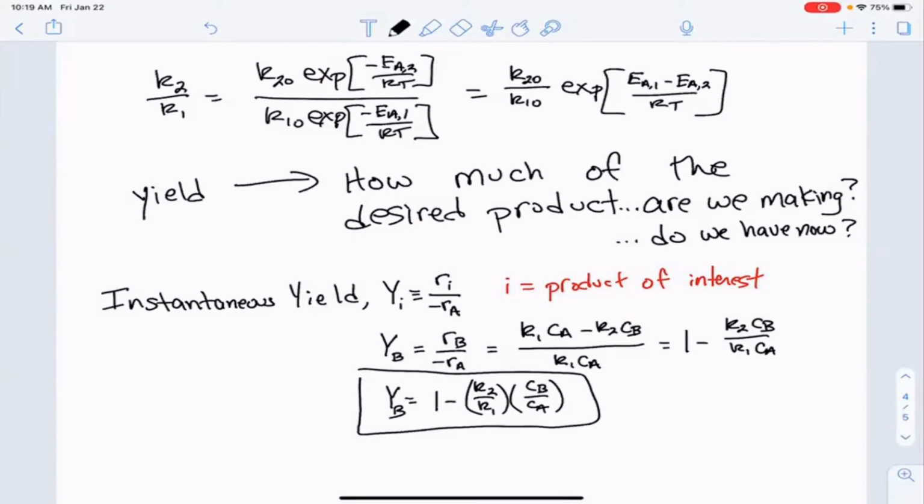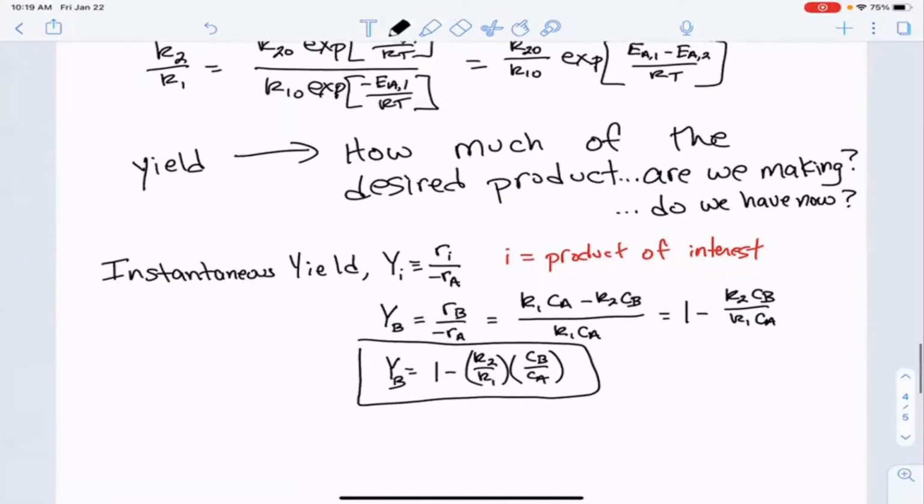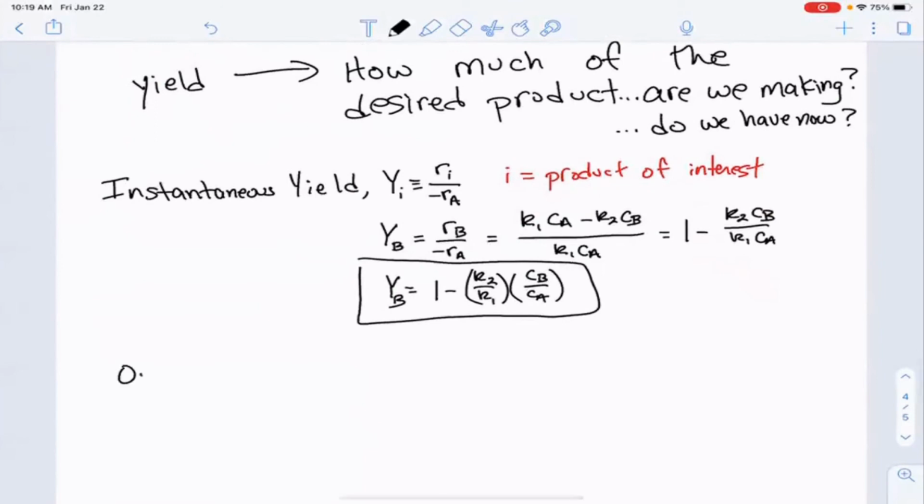And so we have this dynamic relationship between the concentrations of A, B, and C, where if we leave the reactor running too long, we'll actually yield less B over time. Because of that, especially for batch reactors, we often also like to talk about the overall yield, which is given a very similar symbol. It's just a little squiggle over the top of